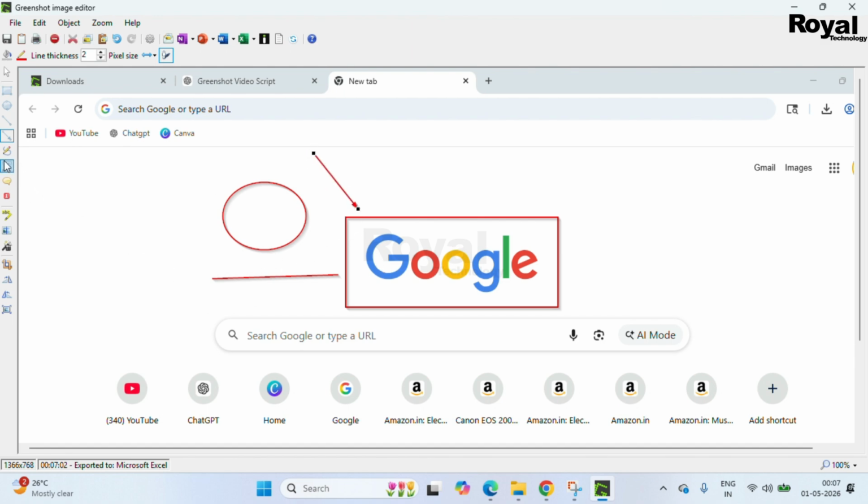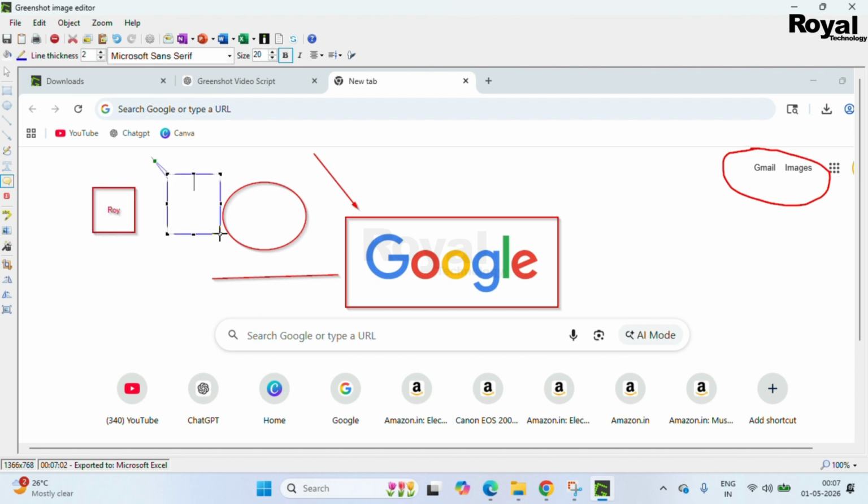This kind of option we don't have in the Snipping Tool. You can draw also, and if you want to type something, you can type it. These are very important options that we don't have in the Snipping Tool.